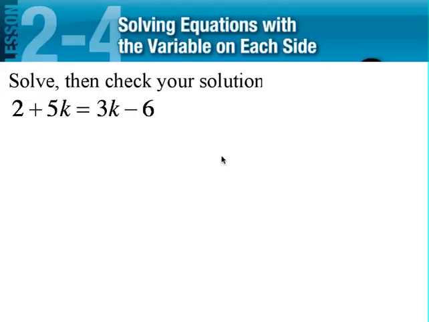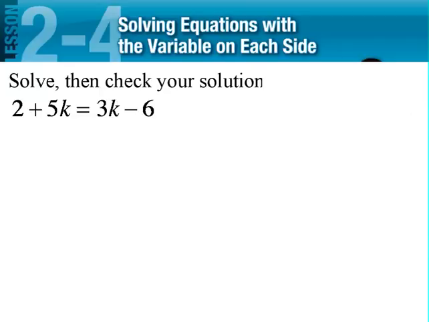Study of solving equations, and this time we're going to look at what happens when you have variables on both sides. Okay, and so if you look up here on the board, notice I have 2 plus 5k equals 3k minus 6. So now what we need to do is combine those k's. Now one of the things I always like to do is keep my variable positive,